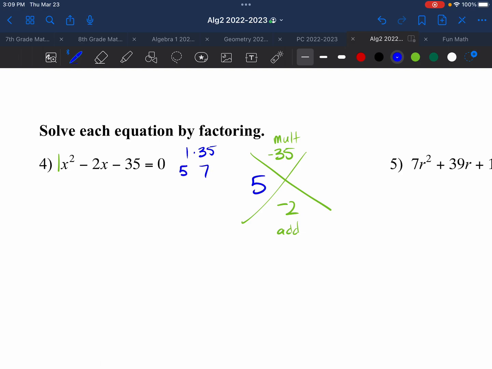So 5 and 7, one of them has to be negative. Remember, when we add them, we take the sign of the larger, which means the larger one has to have that sign. You can say negative 7. And then I can go ahead and continue to factor this thing and say, yes, this was x plus 5 and x minus 7